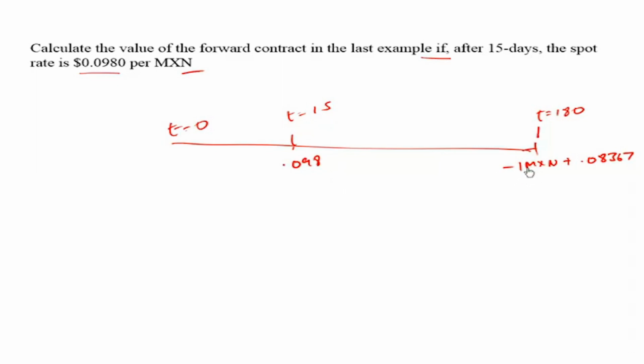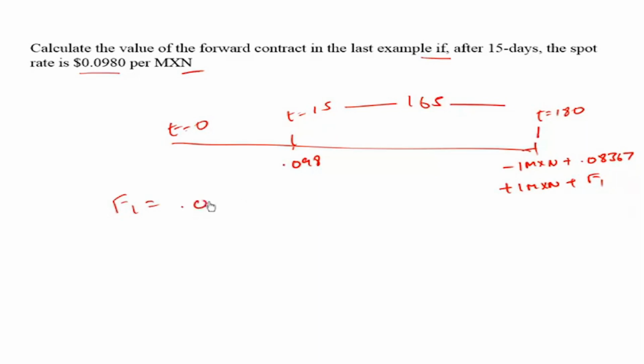He's already short some Mexican peso. It could have been 1, it could have been 10,000. So to extinguish the contract, what does he need to do? He needs to long a 165-day forward on the Mexican peso. So he now needs to long 1 Mexican peso at the new forward rate. He has already shorted it at this. So to long 1 Mexican peso, what will be the new rate?